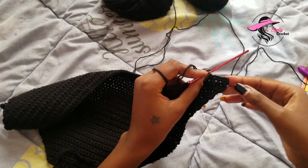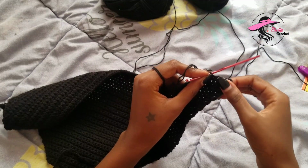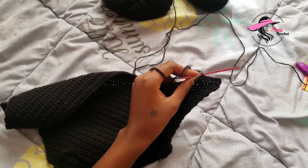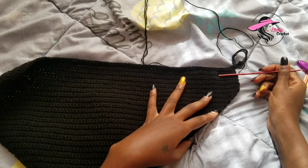Like that, and as you can see, it has started going downwards. It's not going like this anymore. So we're going to do that. I'm going to do that for a couple of rows, and then I'm going to see you guys in a few. Okay, I did 10 rows of constant